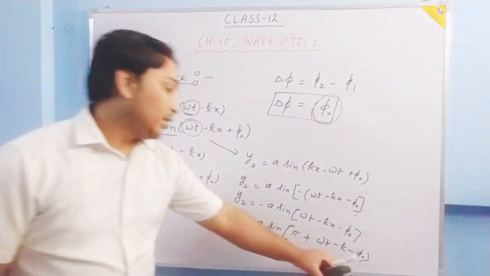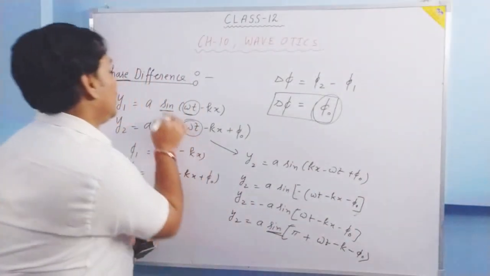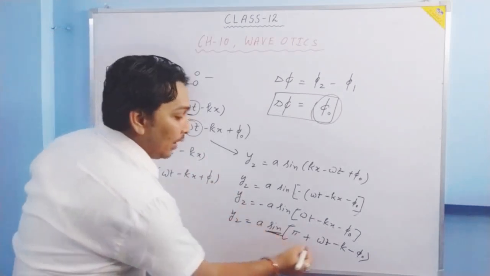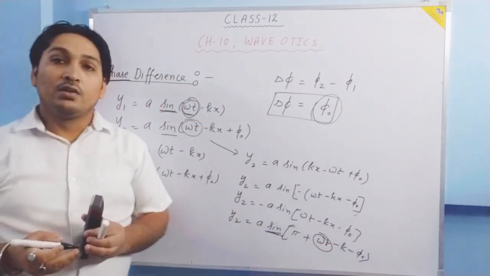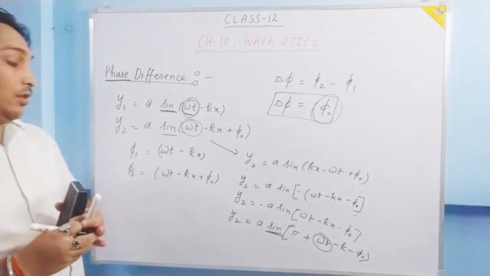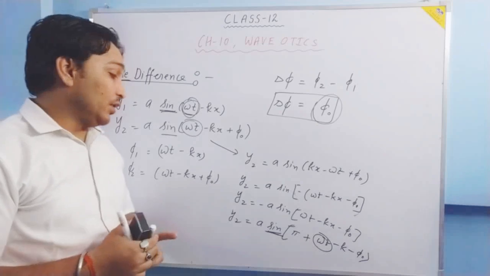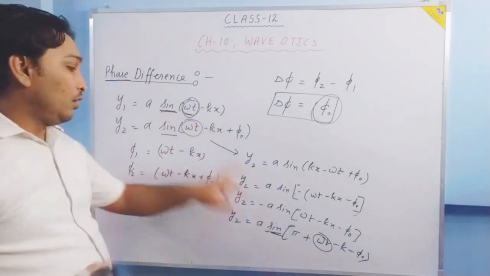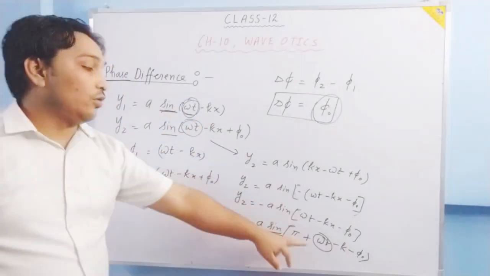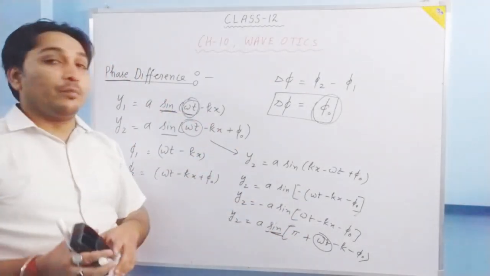See, sine pi plus theta is equal to minus sine theta. Now this trigonometric function, sine, is the same, and the sine of omega t is also the same. Is it clear? So we have to take care of this thing, that the trigonometric function sine should be the same and the sine of omega t should also be the same. Is it clear? In this manner only we can compare the phase.